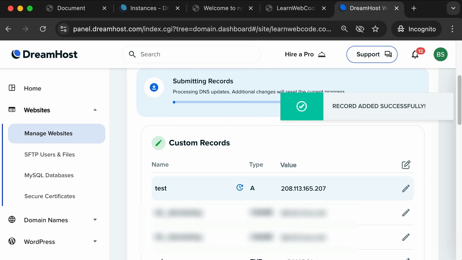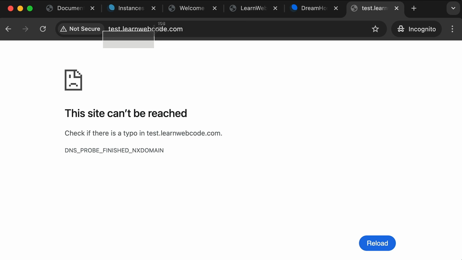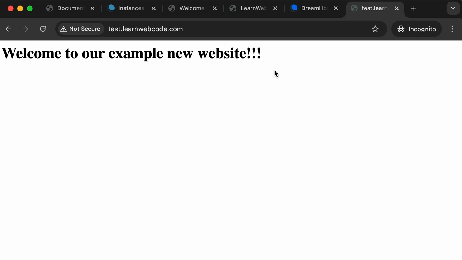Now, your dashboard will be different depending on which company you registered your domain through. But typically, when you add an A record, it could take a good 10, 15, 20 minutes. So you might want to go get a snack and come back to the computer. For example, I just tried to visit test.learnwebcode, and we see this site can't be reached. Through the magic of video editing, I'll just edit out that awkward 20 to 30 minute wait. Okay, here we are. I only had to wait about 5 minutes, but there you can see